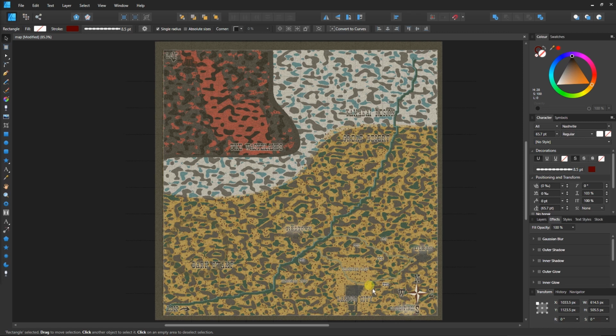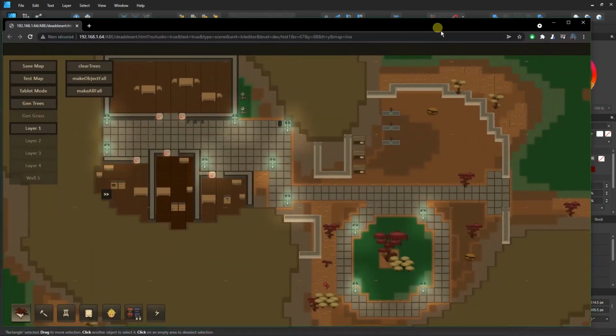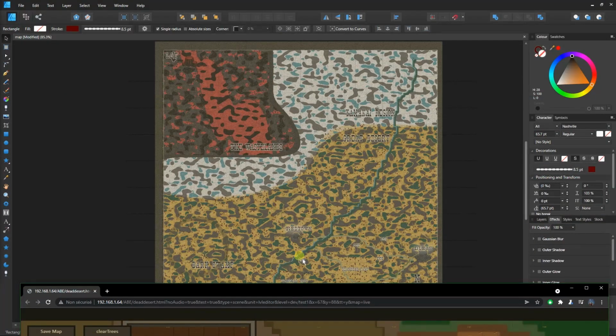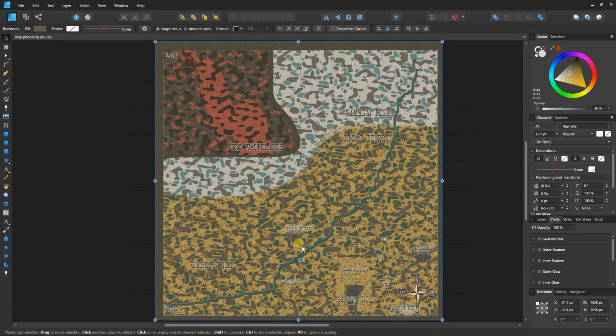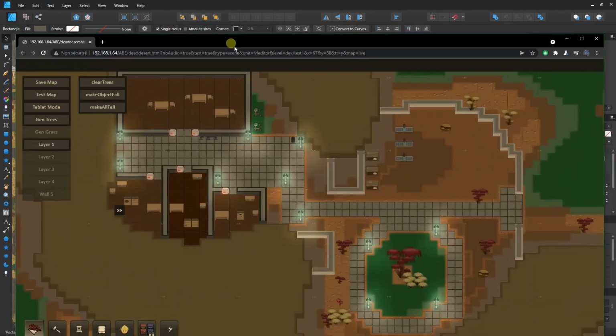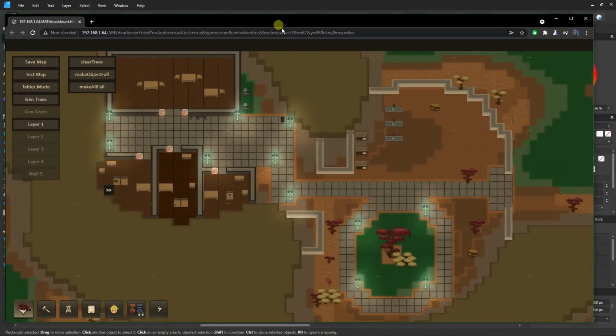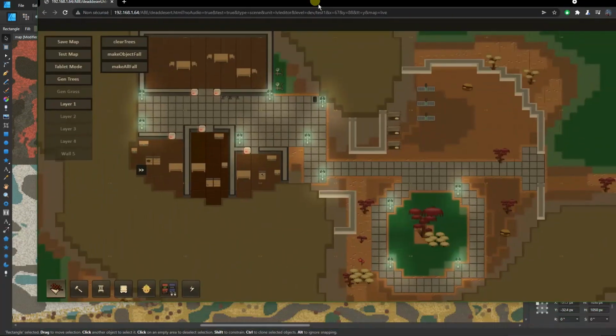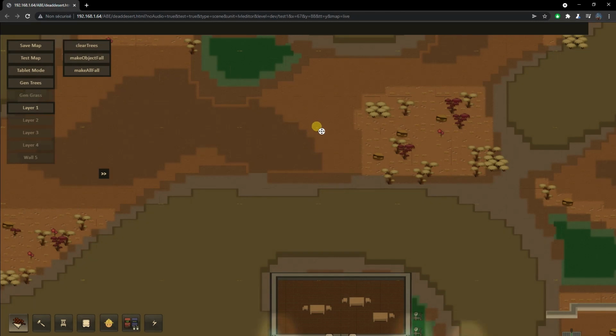And now this area here at the bottom is already created for the game, so it's quite full, but the rest of the map is quite empty. So if I start here at this town, we can see this is actually red town on the map here. It vaguely matches what it looks like in game. We can see the mountains around it and the main town area. But equally we can see that there is some snow to the north of this town and also a volcano area. So if I start scrolling up from here,